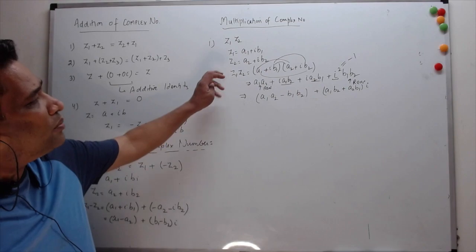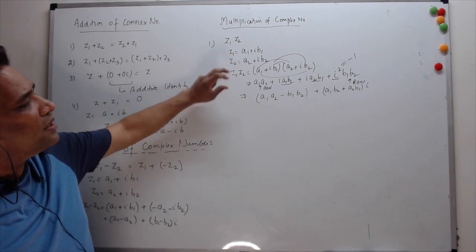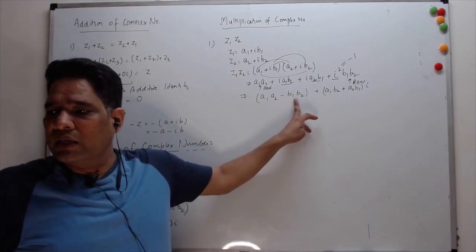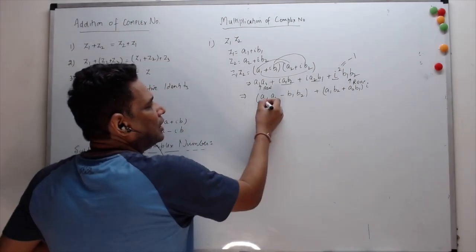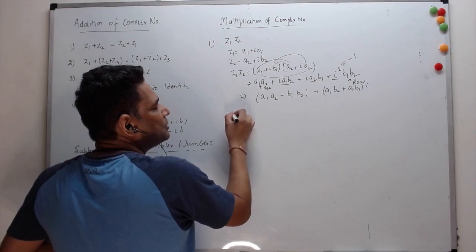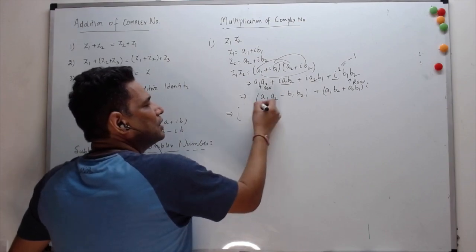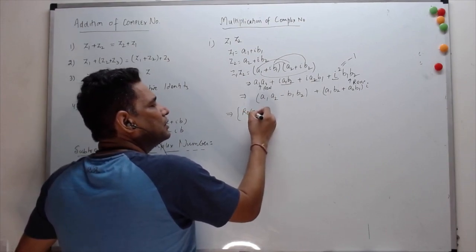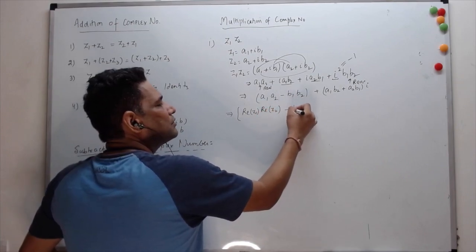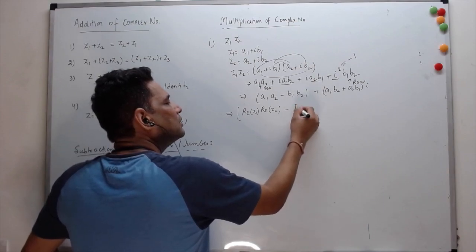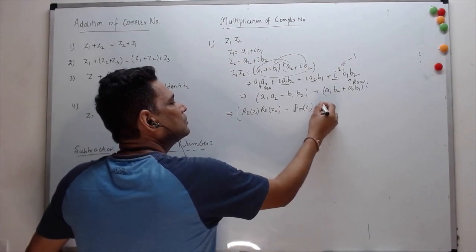So what is actually happening is, if you look closely, when you're doing a product of two complex numbers, the real part is actually the difference of these values. So sometimes you can write it as A1 instead of A1. I mean, we can generalize, even though it's not too big of a deal. You can figure this one out easily. So we call it the real part of Z1 times real part of Z2 minus imaginary part of Z1 into imaginary part of Z2.